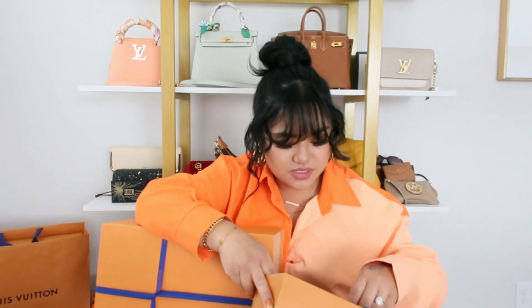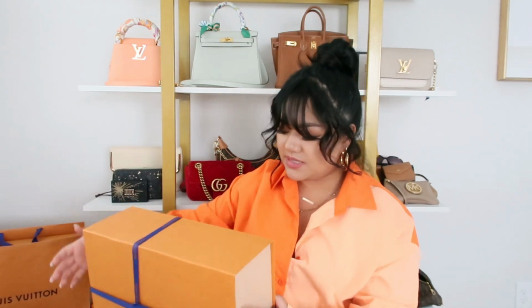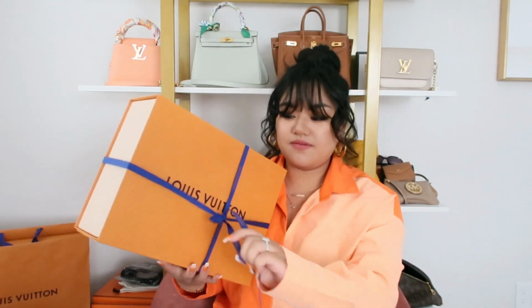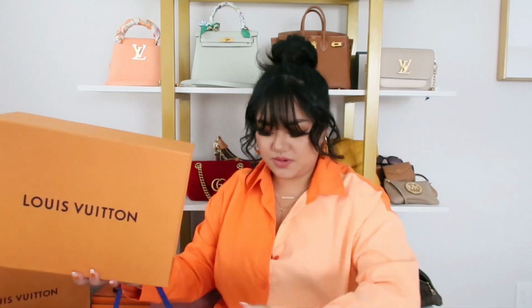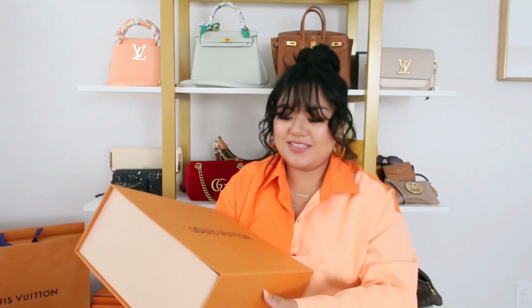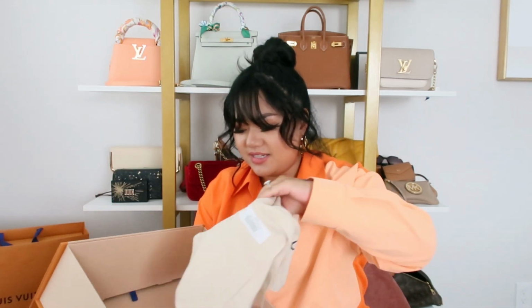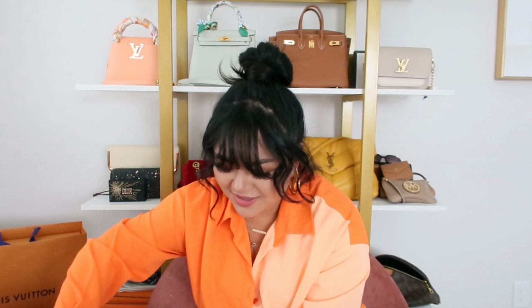Proof of purchase, I did receive a bunch of perfume samples from my CA. This is a very bad reboxing. Oh my goodness. If you guys have any guesses, please let me know down below. I know people hate that, but